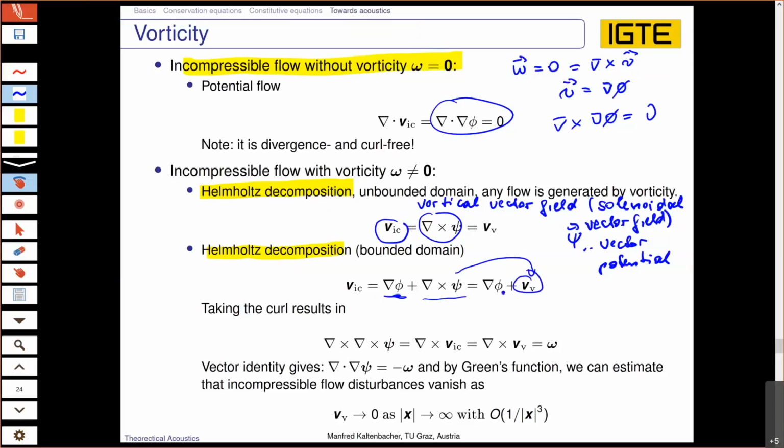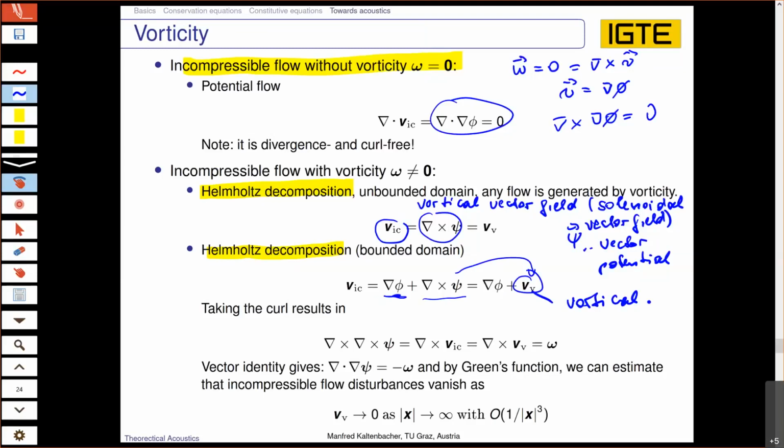Therefore, our velocity v has an index v for vortical. And now, having the properties that the divergence of the curl is always 0, or the curl of a gradient is always 0, we get the defining